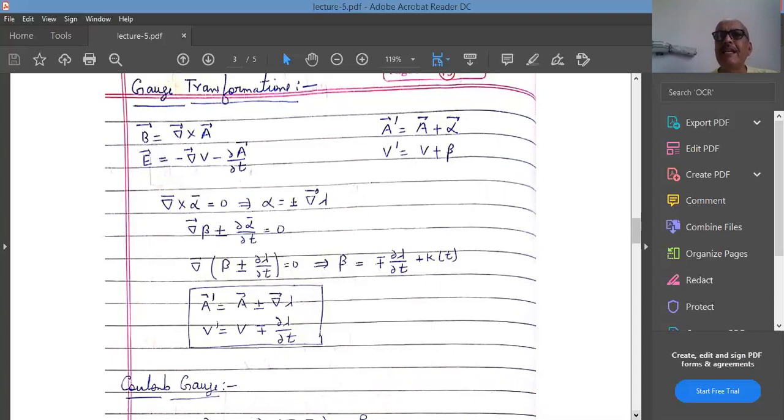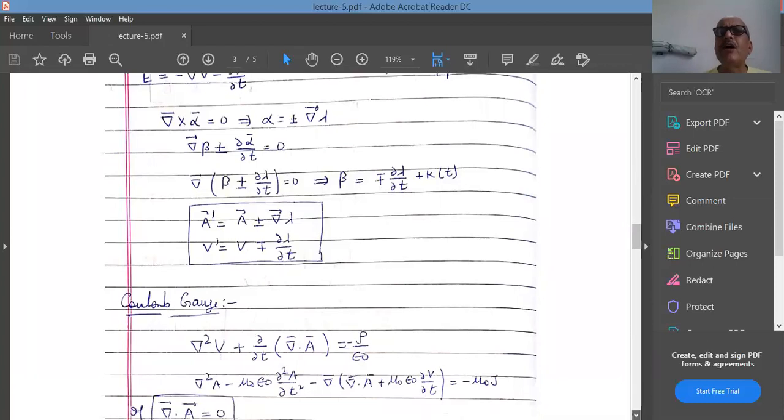One is the Coulomb gauge and the other is the Lorentz gauge. So we will understand why the gauges are so important, basically to understand those two equations. If we really want to understand electromagnetic waves, we have to have the information about A and B. That means we will have to solve equations number 3 and 4 for A and B. As you have already seen, those equations are coupled, they are interlinked, so they cannot be solved as they are.